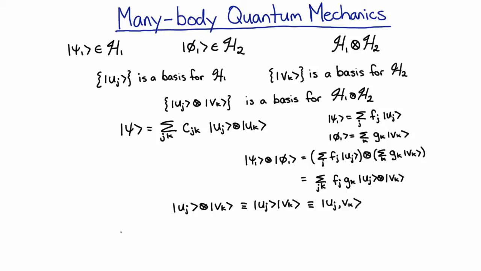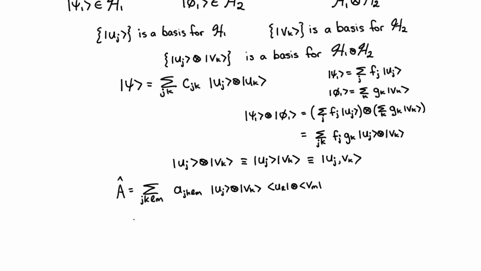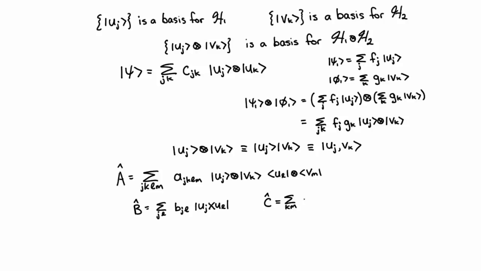A general operator on this combined Hilbert space might look something like this. It's always easy to get a general operator if you have a general basis. You just need a bra and a ket for each of the basis states. And if we had operators on our previous Hilbert spaces, then the tensor product of these two also follows the normal rules of linearity,